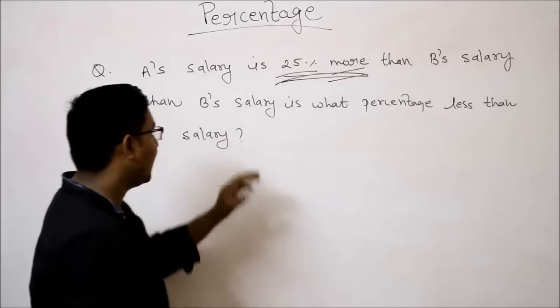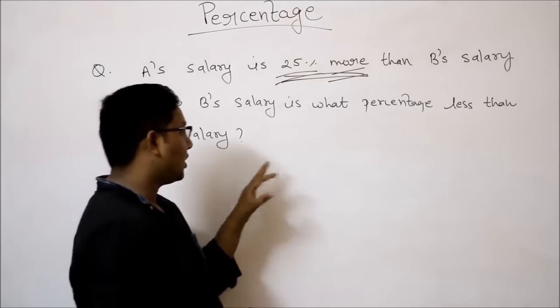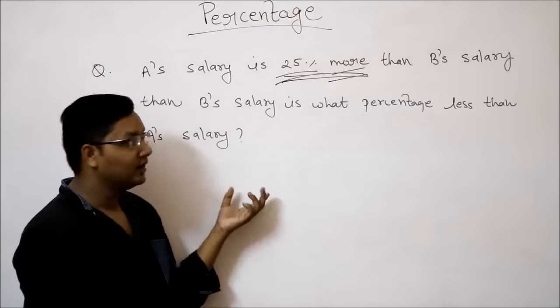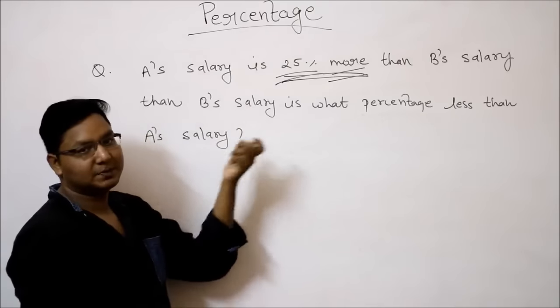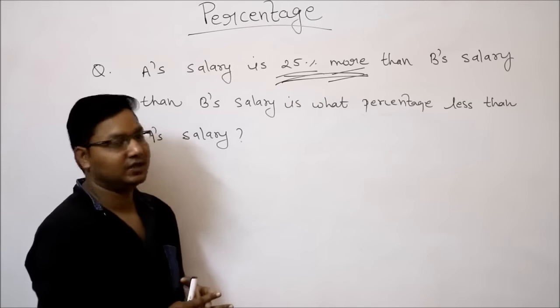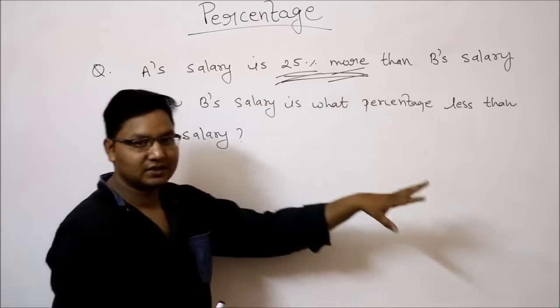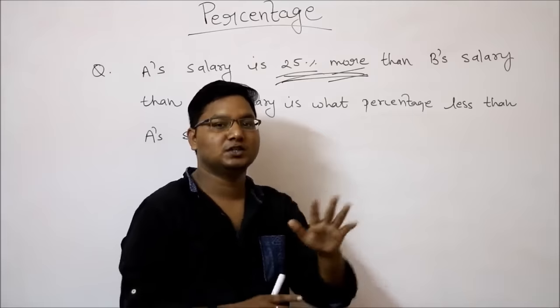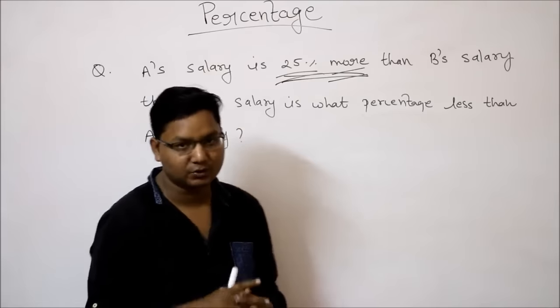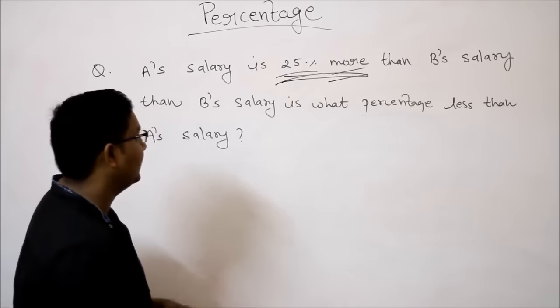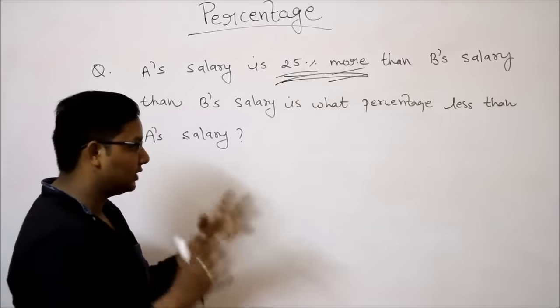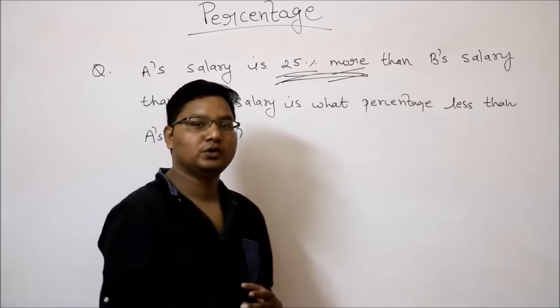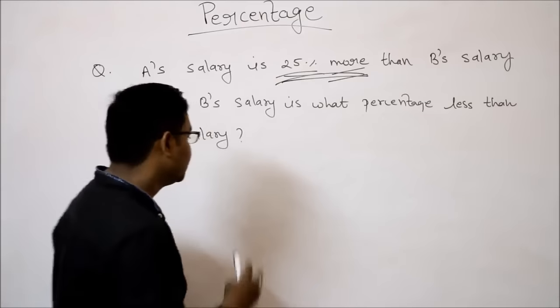ओके, सो यहाँ पे अगर ऑप्शन में आंसर अगर दिया हुआ है 25%, तो 25% मार्क कर देंगे तो वो गलत आंसर हो जाएगा, क्योंकि A अगर 25% B से बड़ा है तो B 25% छोटा नहीं हो सकता है. ऐसे परसेंटेज पे चीज सेम नहीं होता है. अभी जो मैंने आपको एक्सप्लेन किया था, तो इसको पहले सॉल्व करते हैं. दो तरीके से आपको सॉल्व करके बताऊंगा, जो आपको इजी लगे वो आप उसे सॉल्व कर सकते हैं. सो पहला तरीका है